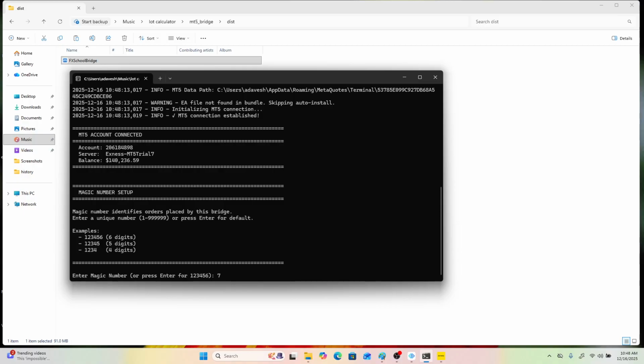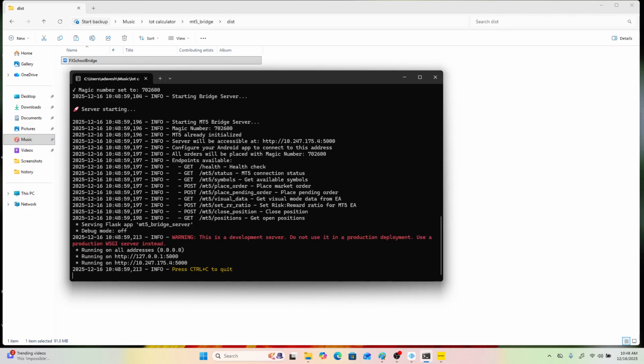So I will enter my number and press enter. After entering, you can see the server will be accessible at 10.247. This is a static IP, not a dynamic IP that changes day by day. Okay, after that you must